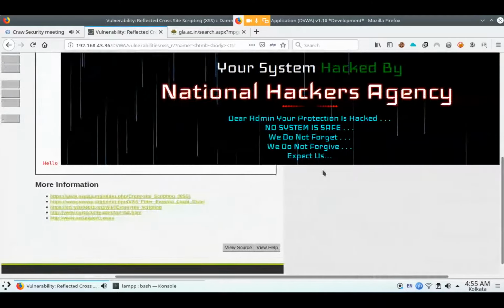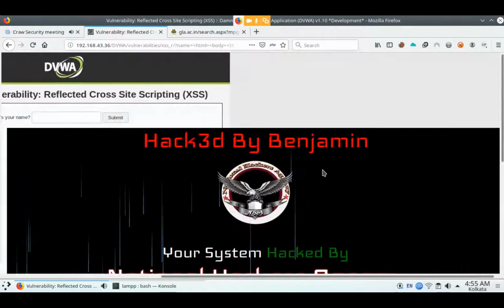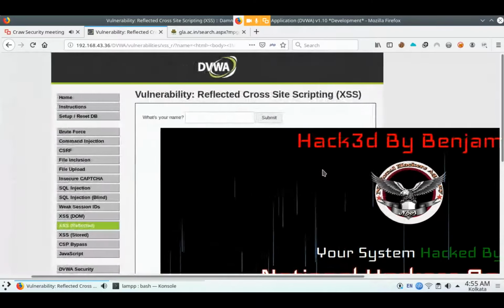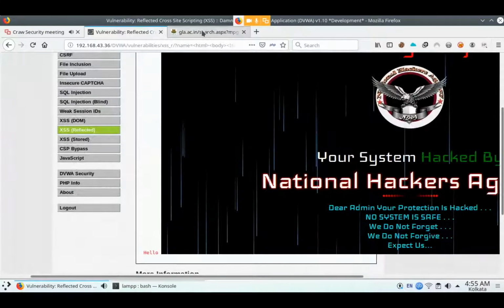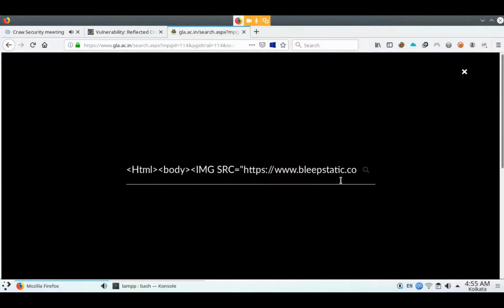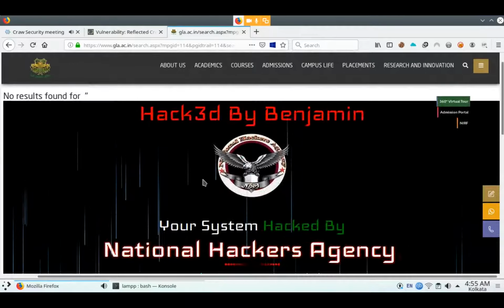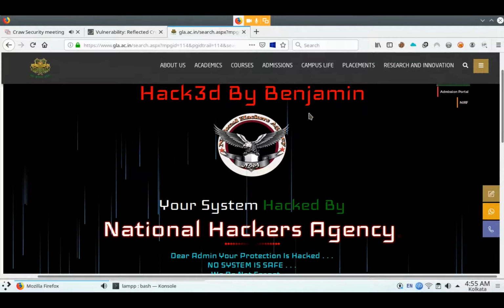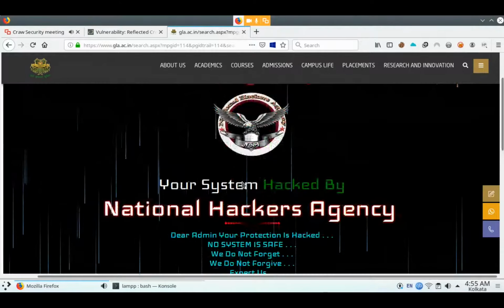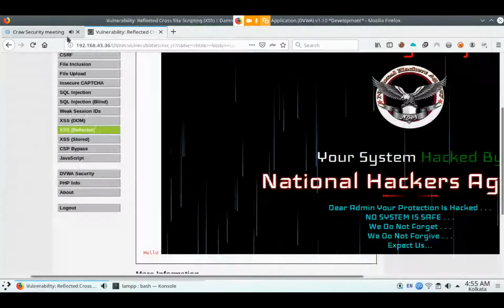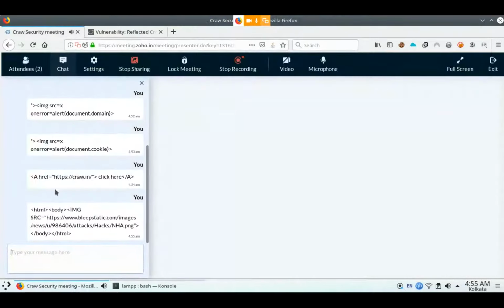You can find this one. If you run this command on the live website, then it will also show you this. Is that clear now? Yes, sir. In the GLA website, you can find this. Many commands you can run in DVWA. I want to run this code.